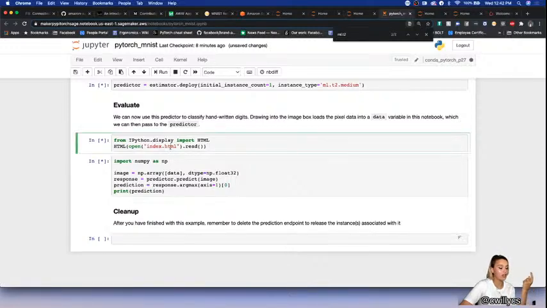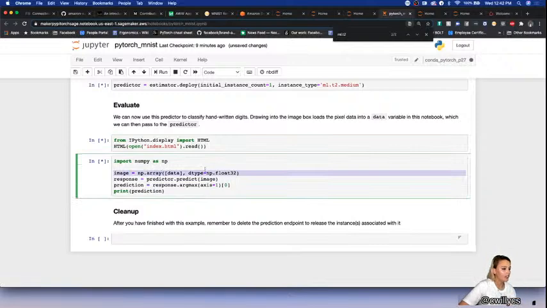Once this is done running, you'll see a little canvas that I can draw on. We convert that to a NumPy array, which is essentially a tensor array. We convert that to a NumPy array and then put it through the predictor, which runs predict on it, which means it runs it through our neural network, and then we get an accuracy,